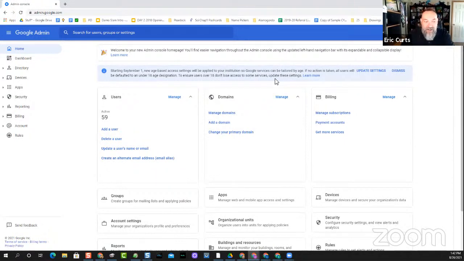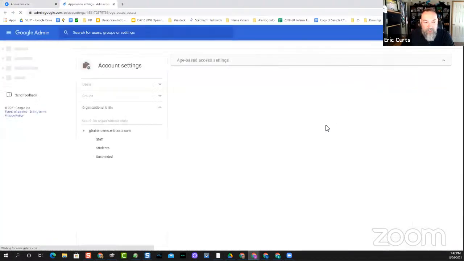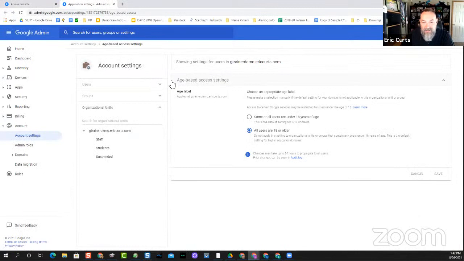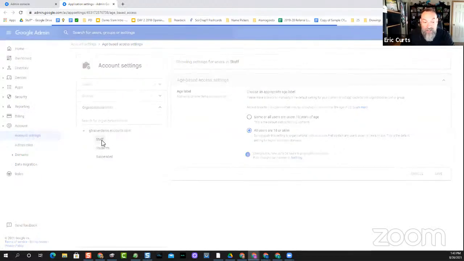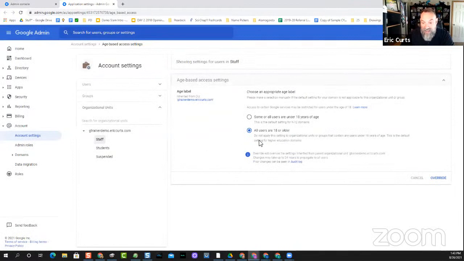The settings are actually under the account section in account settings, but you can also just go to the link that's here. Either way, under account settings, there's a section called age-based access settings, where you can go in and say, okay, for my domain, all users are 18 or older. And then you can set that. Then you can go into individual OUs underneath. So staff, yes, they're all over 18. But then like students, I could say some of these are under 18,